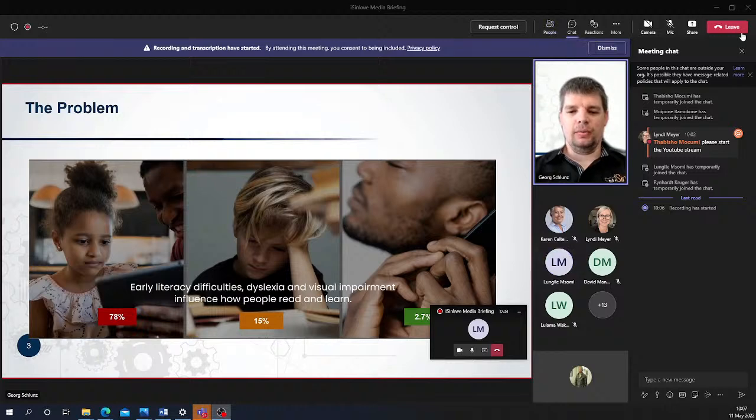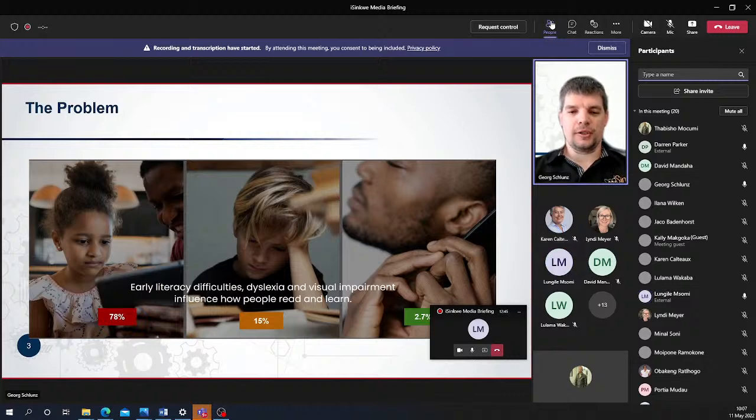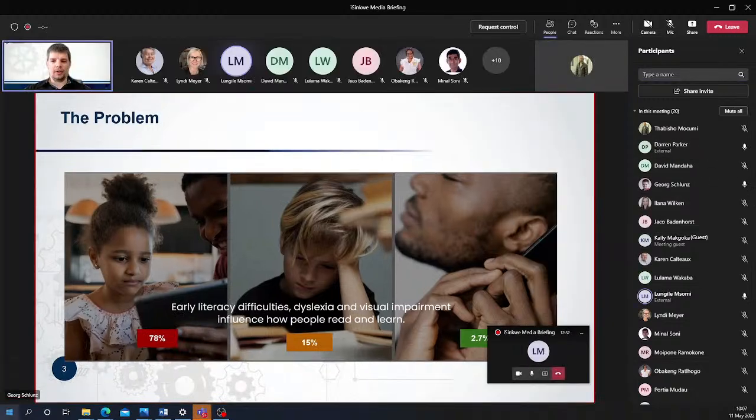And these learners are roughly about 15% in the schools. And then last but not least, we also want to help our visually impaired members of society, and about 2.7% who are either blind or have low vision. We really hope that this technology can change their lives, to break through those barriers that they experience when